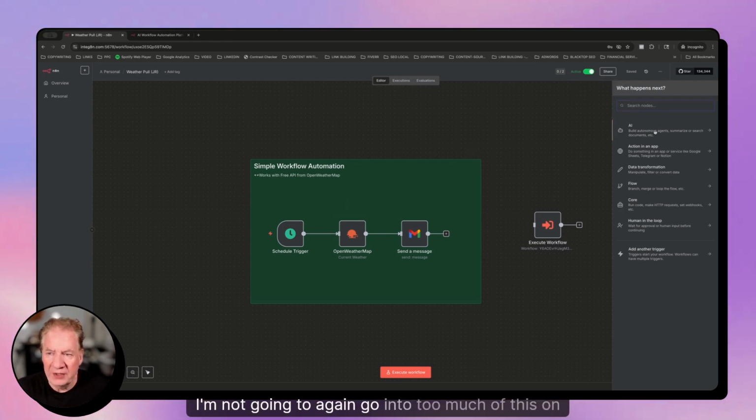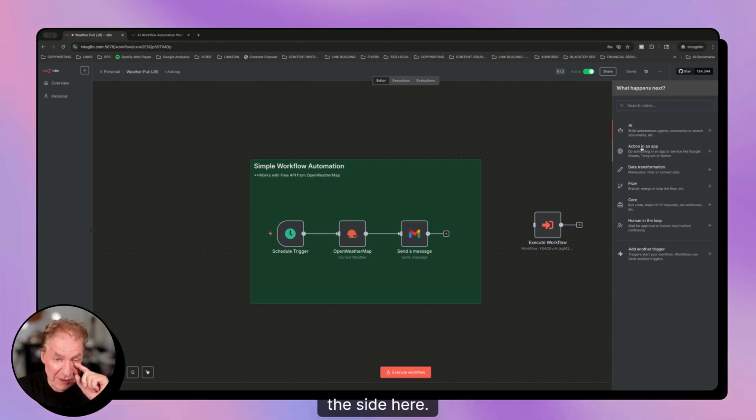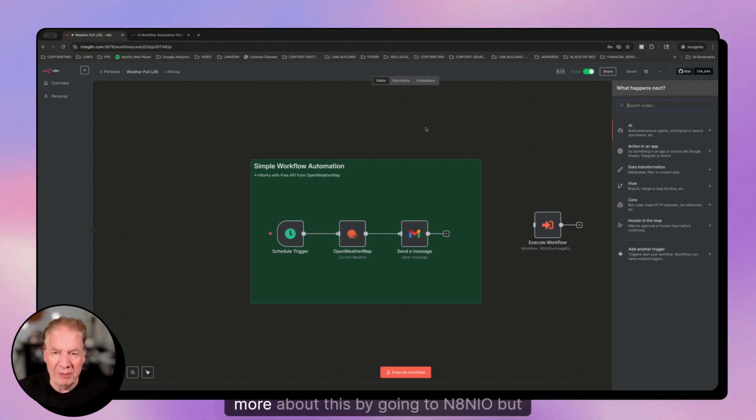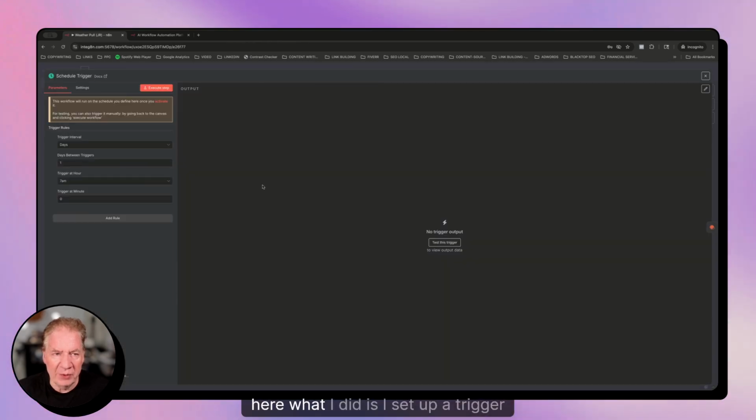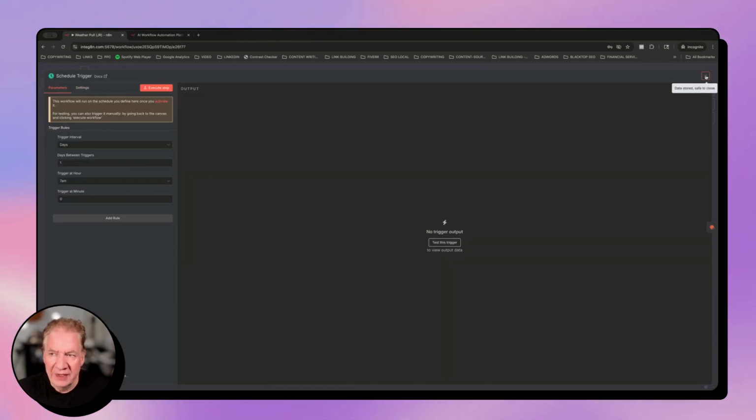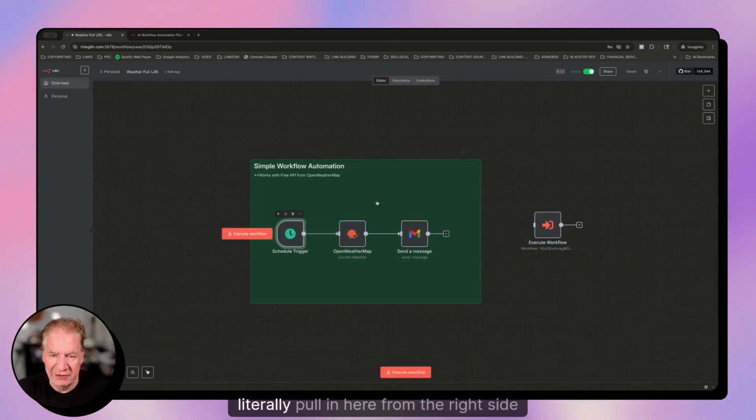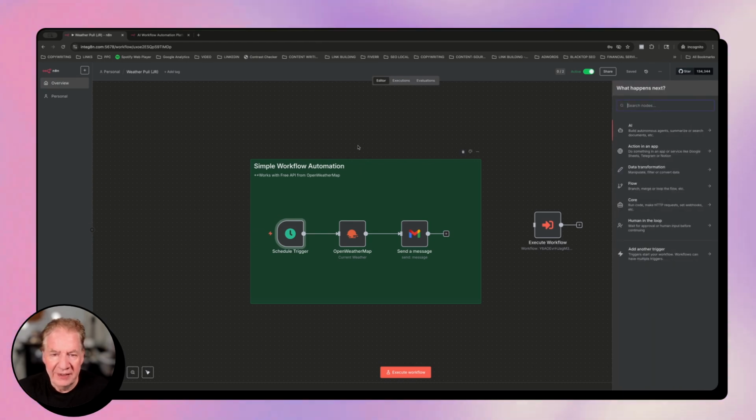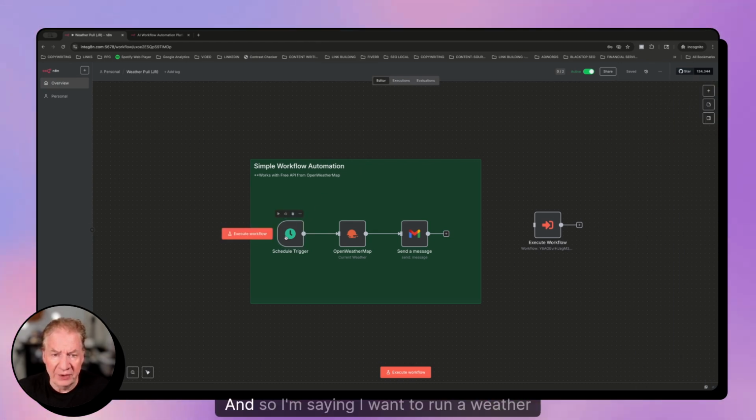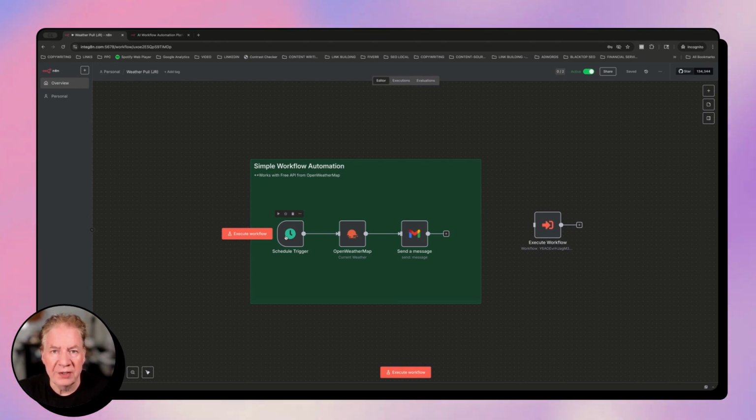So yeah, let's just talk through it here. I'm not going to go into too much of this on the side here. You can read more about this by going to n8n.io. But here, what I did is I set up a trigger. That's one of the nodes that you can just literally pull in here from the right side and schedule it. And so I'm saying I want to run a weather report, not the band, but a weather report each morning